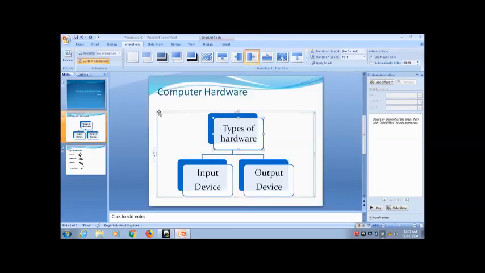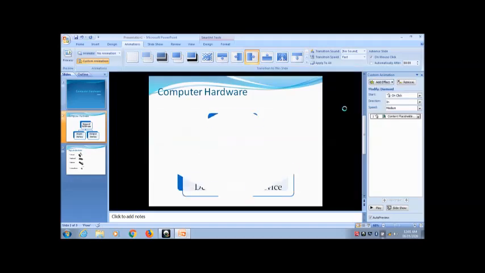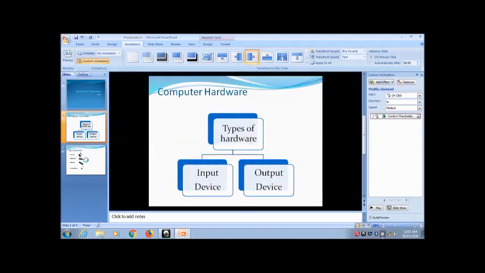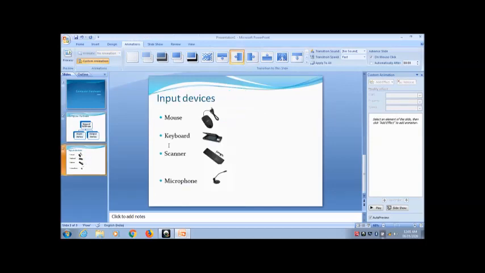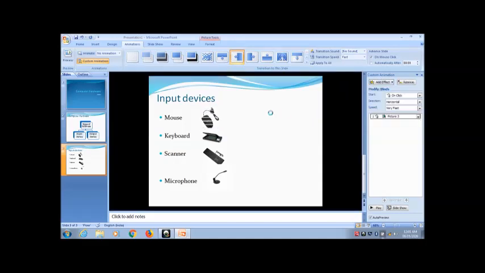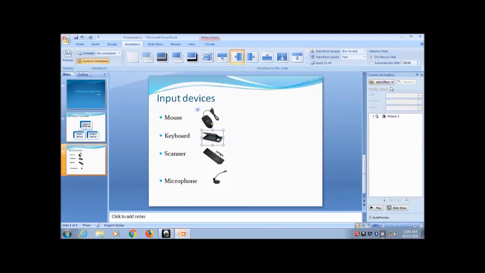And now if I want to put an effect on this graphic, that also I can do. Choose this graphic, then use add effect, then on entrance, if I have used diamond, it will appear in this way. Now similarly I can also apply effect on some of the pictures. Let us do it with 2 of the pictures.